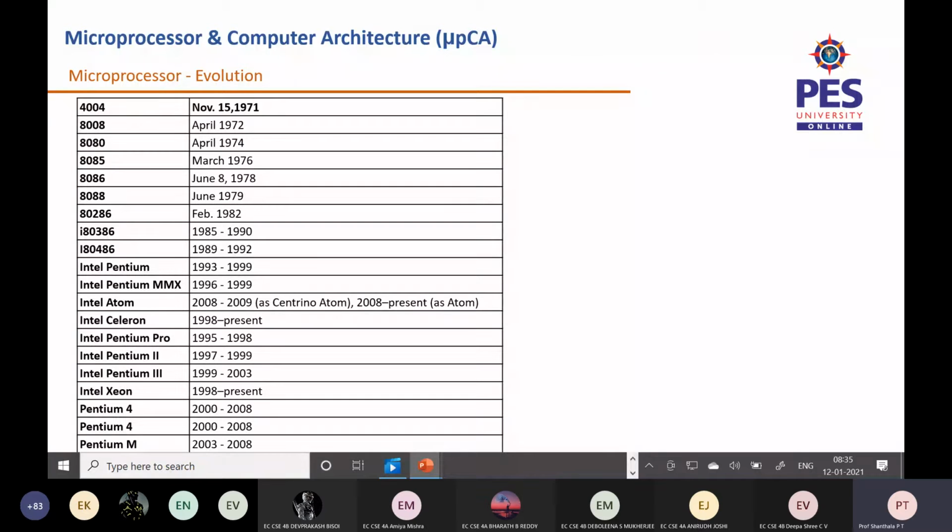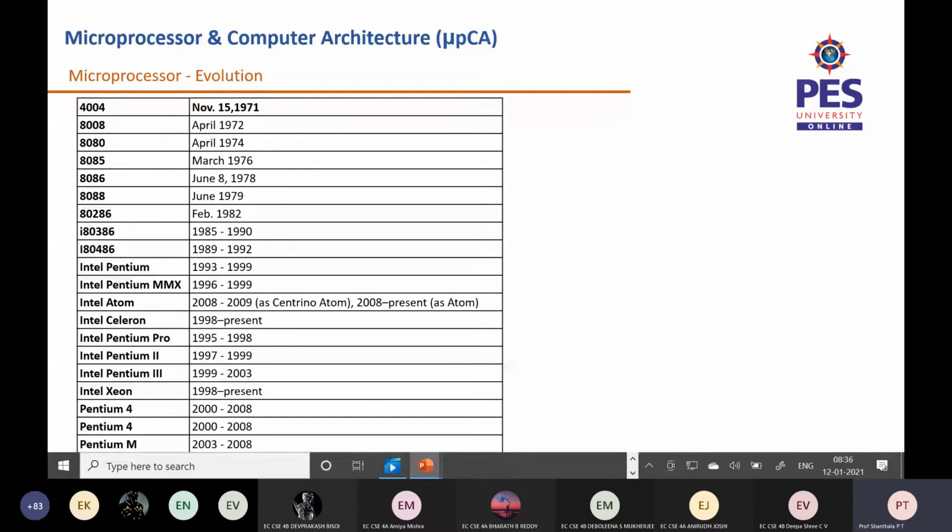After that you can see in the figure, we have 8008 in April 1972, again 8080 in April 1974, all introduced by Intel. And you can see a lot of series over the years: 8008, 8080,